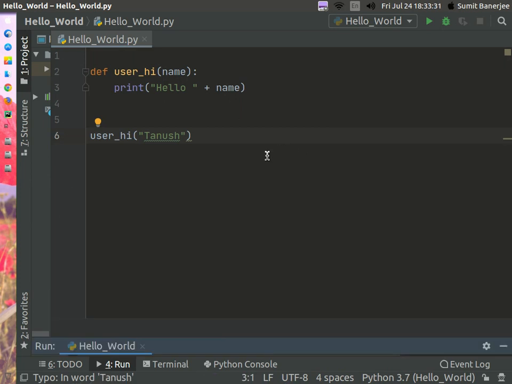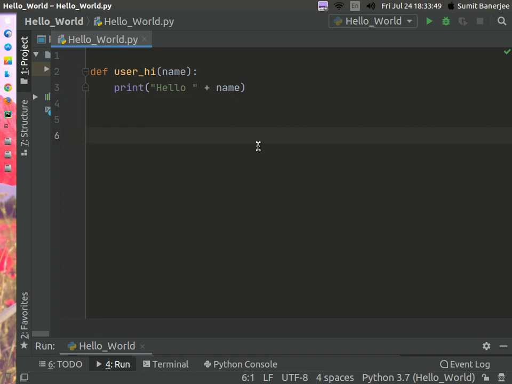Now let's make this a little more complicated. Let's ask the user their name and then print their name. So this is the function.